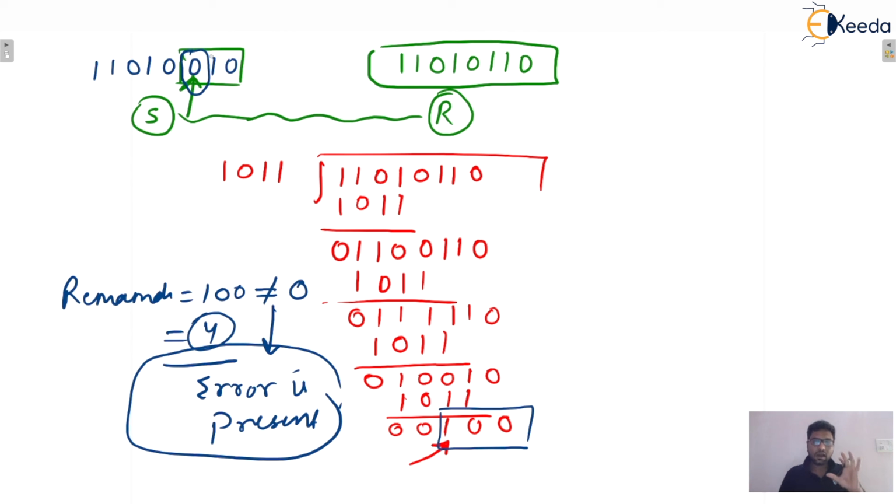Okay guys, so I have taken this example for a 4-bit CRC generator, isn't it? So be careful. If the CRC generator is of 5 bits, then 4 zeros will be appended, then some calculation will be done, and the remainder will be of 4 bits, isn't it? Why? Because if the CRC generator is of 5 bits, then the remainder will be of 4 bits, one less bit, isn't it? Okay, I hope this procedure is clear to everyone.